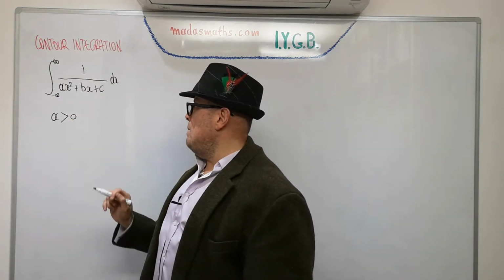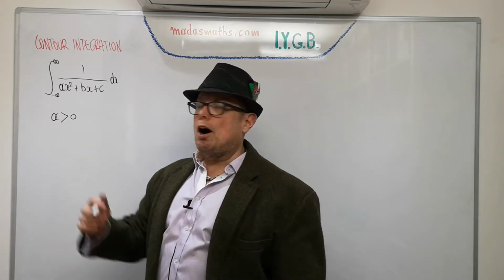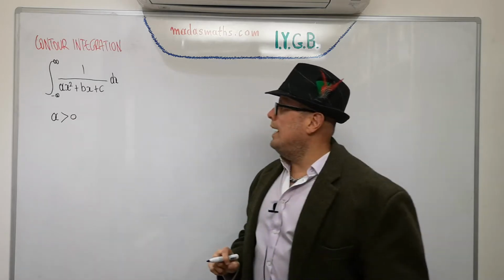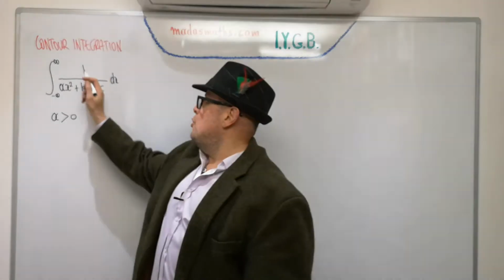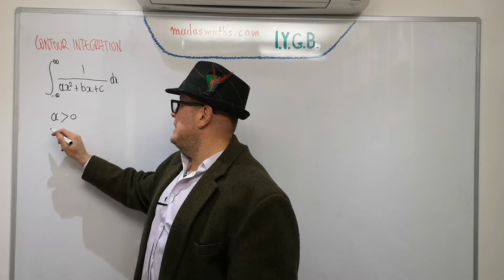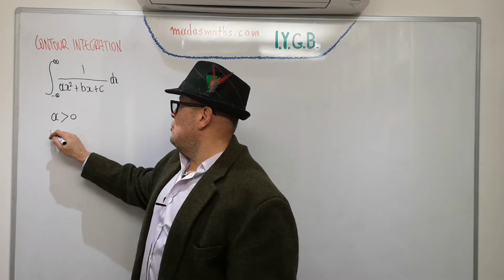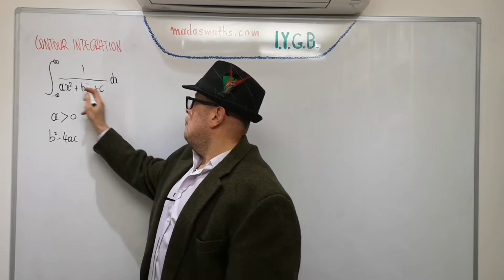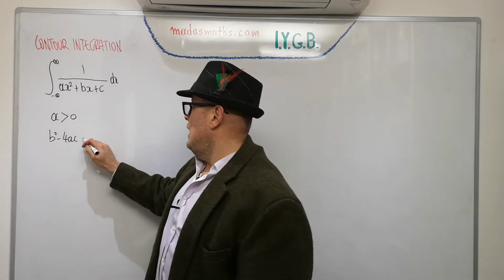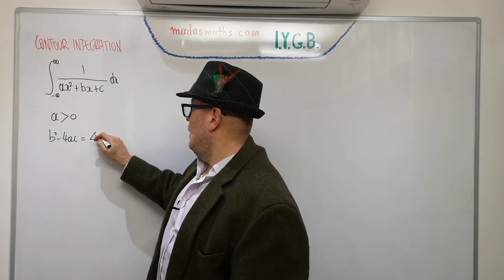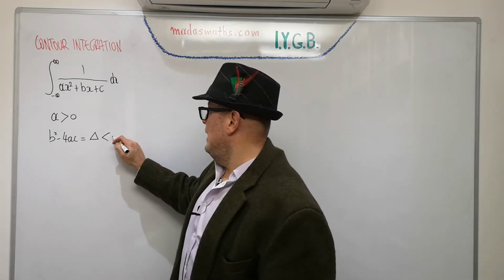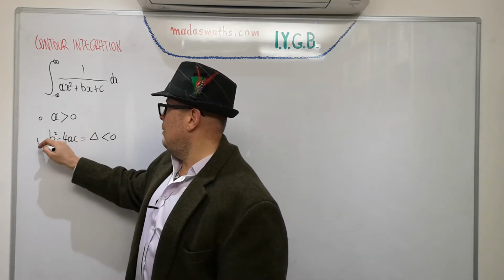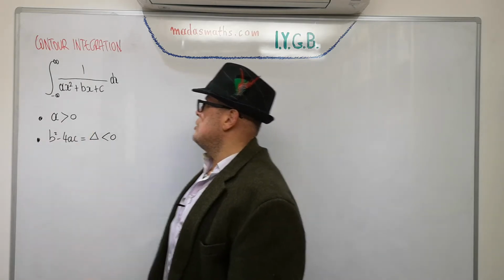But keeping A positive, I'm going to integrate on the top half of the plane. And in order to do this one by complex integration, I want to make sure the discriminant is negative. So the additional condition we've got, b squared minus 4ac, the discriminant of this quadratic, which of course we can write as a little triangle, is negative. So these are the two conditions that we're going to apply,